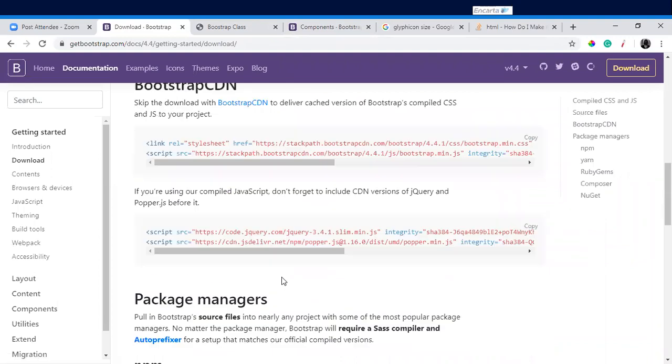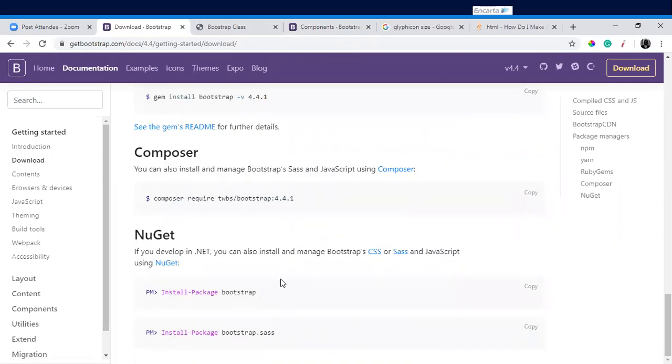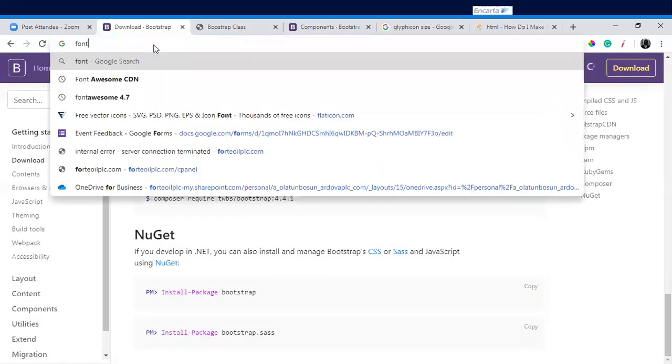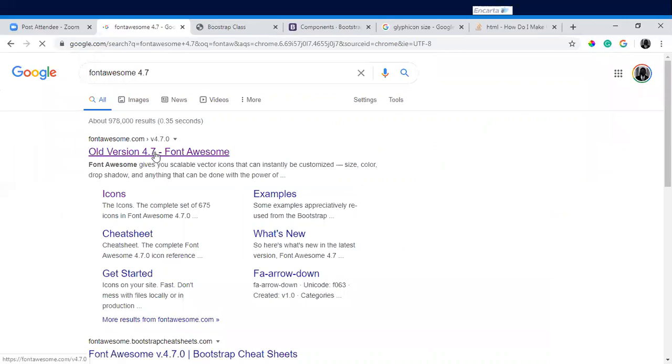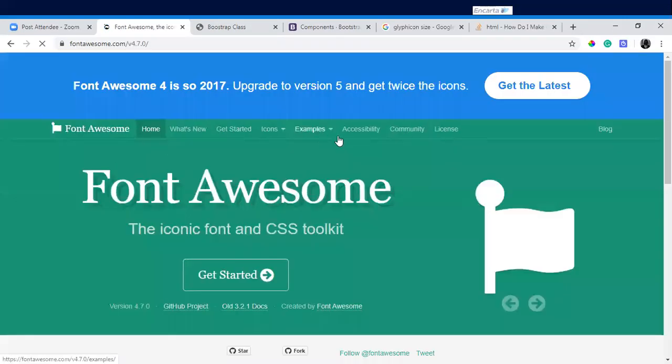Okay, anyways, using the favicon and Glyphicons is one. We have another type, it's called Font Awesome. Font Awesome is more robust. This is the one that we use most of the time. But once you've mastered how to use Bootstrap and Glyphicons, you can move to Font Awesome. Font Awesome has much more classes and much more icons than